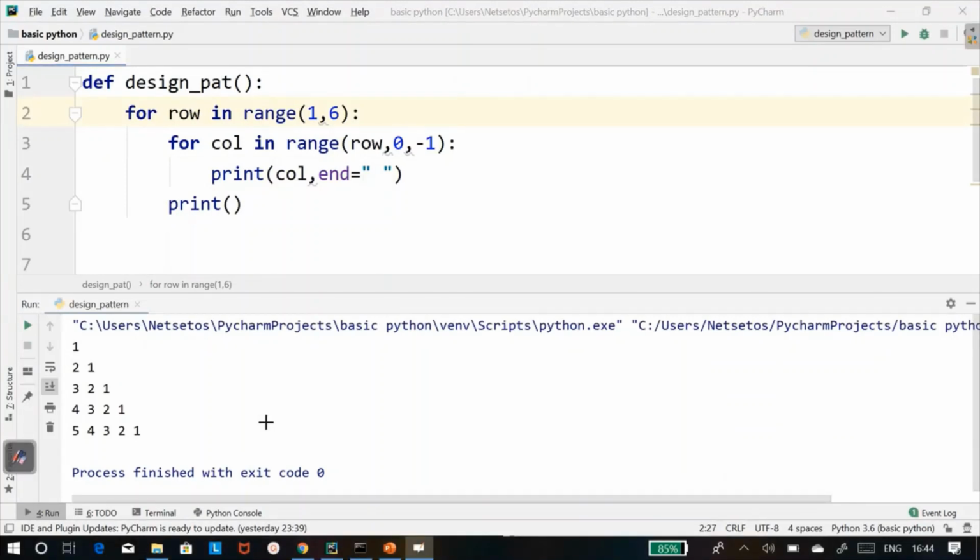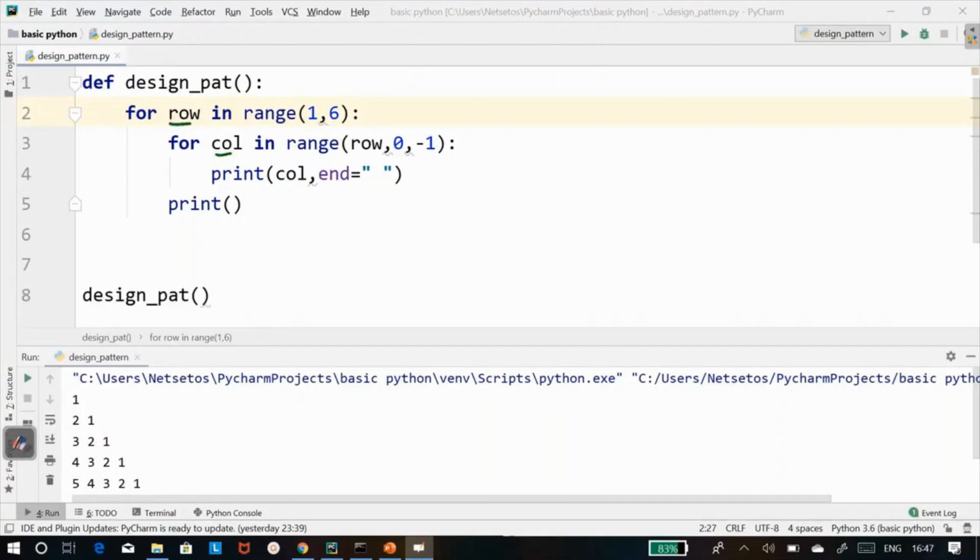Now let's see how loops are working in this program. So first we have here two variables. Row is initiating by 1, then it will go to inner loop column. As column is equal to row, it will go to 1, then it will print column. That means I'll print 1. Then it is asking for space, then again it will go to column, and here it will become 0, as 0 is our last value and it needs to be excluded. So it will come out of this loop and the cursor will come over here.